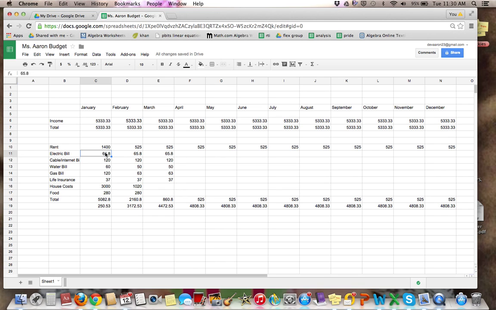Electric, you have like 15 rooms, that's going to cost you like $150. Your water bill, because you have all those bathrooms, that's probably going to cost you $112. And then your life insurance, you're probably going to want more of that since you make a lot of money. You're going to want to pay like $90 for health insurance. Food, you're going to need a lot more food. You have a bunch of kitchens, so you're going to probably spend like $300 on food. But you see how, like it,